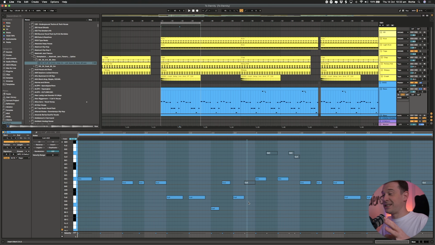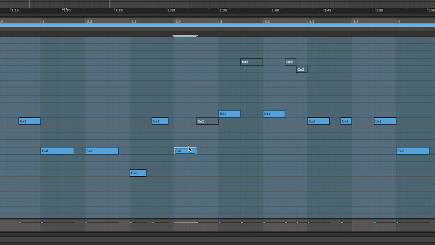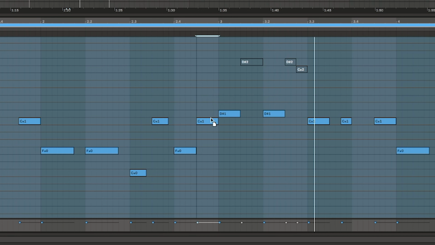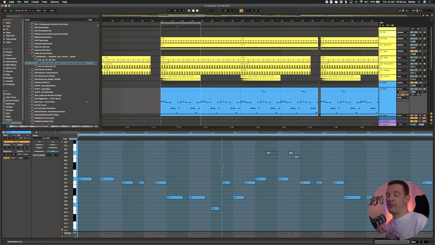Now that worked quite nicely, and as you can see here I also have an F0, so I could do exactly the same thing with this F0 and put an F1 on the upbeat. But this just felt a little bit too much. It felt like it was going up too high. So I took it down a little bit, and because we already had that C1 in there and it's still within the same scale, it just worked. It definitely gives it a bit of funkiness towards the end of the bar,